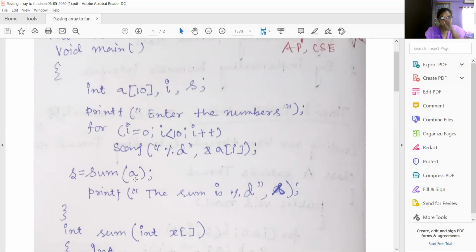That means only by giving the name s, the total array gets passed. Behind the scenes, it takes the base address of the array, and from successive locations the elements are fetched one by one.